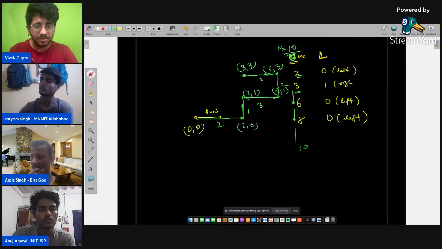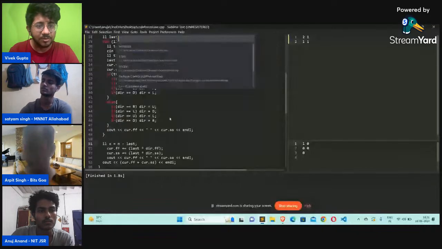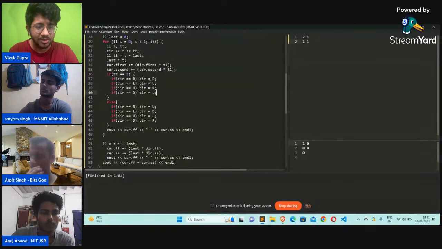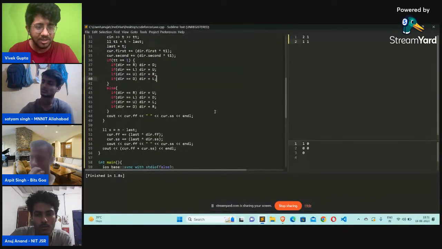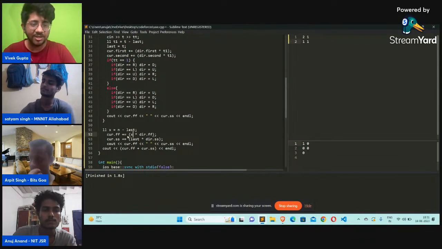Let's look at people's screens. Let's look at Anuj's screen. I think he's starting off with the next problem. Yes, he has maintained the direction in which he is moving. See, he's done something similar, and for the last one, the distance in each direction, FF and SS. So he has maintained which direction he is moving in, how much move he will make, and how much change will come to the current pointer.